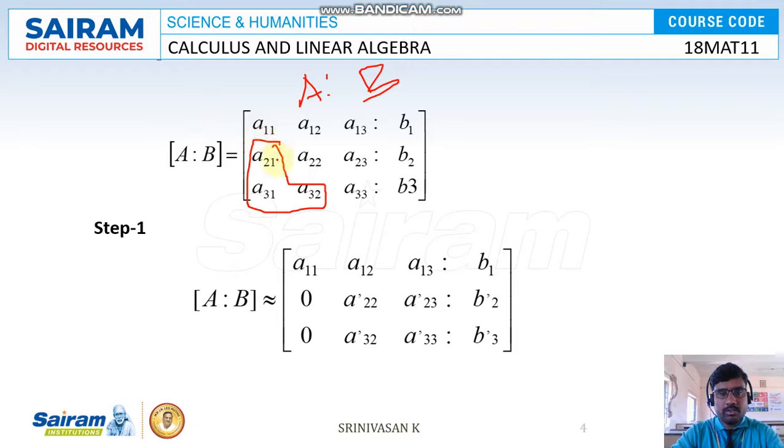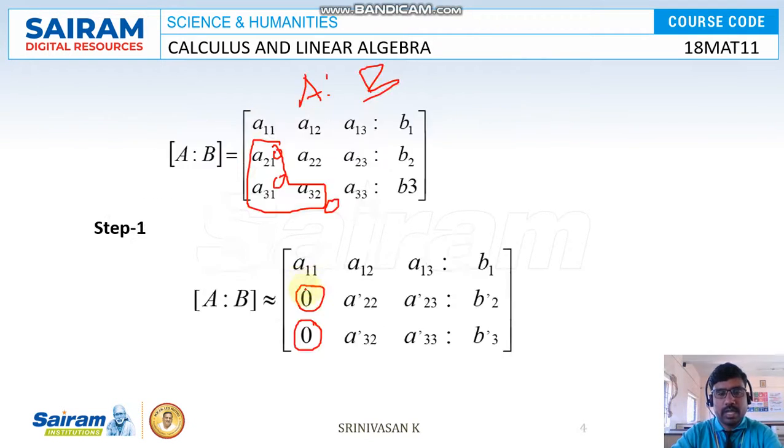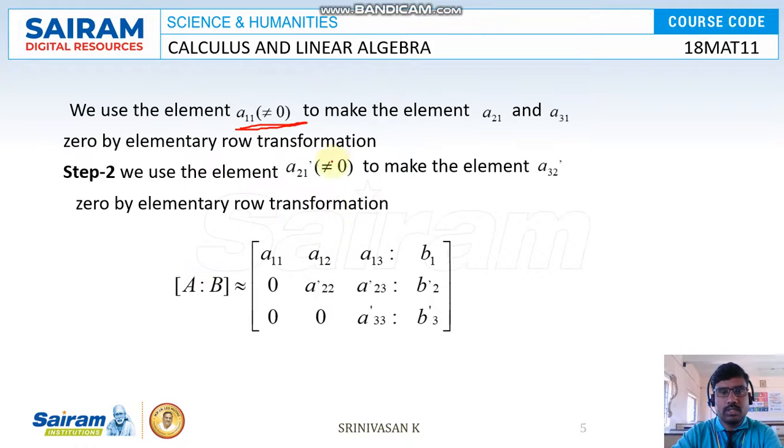That means we have to make zeros here, here, and here. First we make this zero, that is step 1, and next we make this zero, that is step 2. Next, we use the element a11 not equal to 0